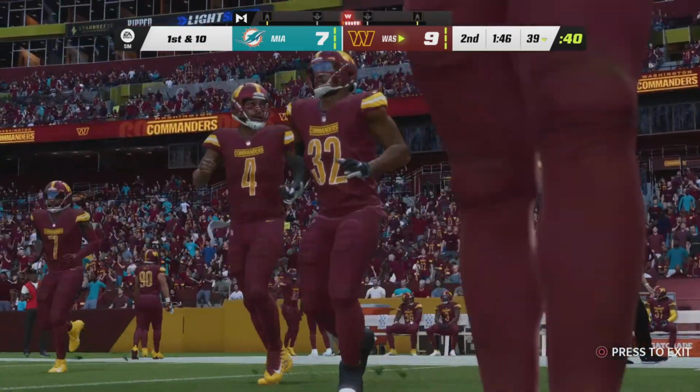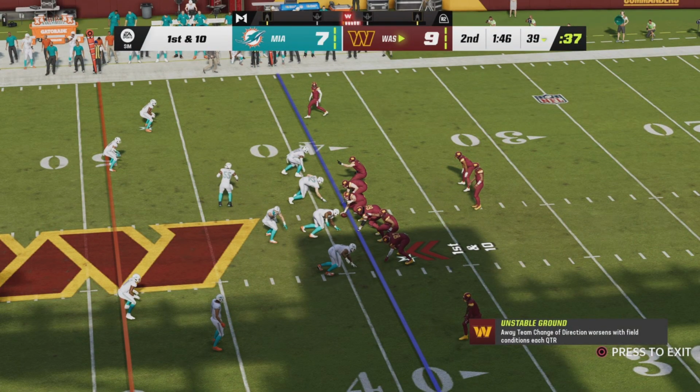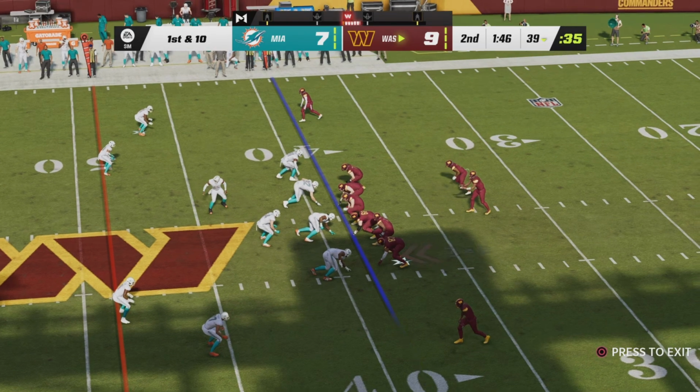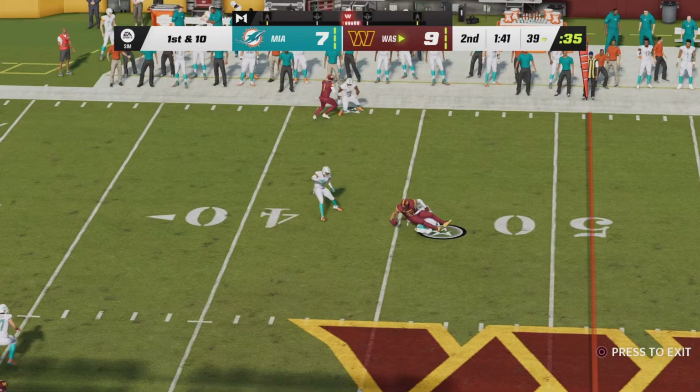Another drive coming up for this Washington offense. Last time out, you remember their drive stalled, but thanks to their kicker, who booted a long field goal, they at least got 3. Now here they'll try to do better and find the end zone. And in our experience,